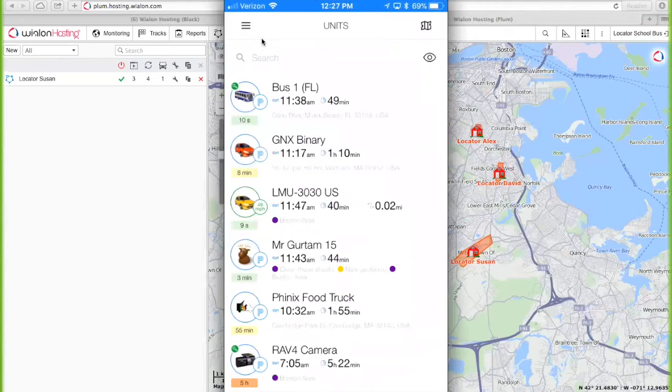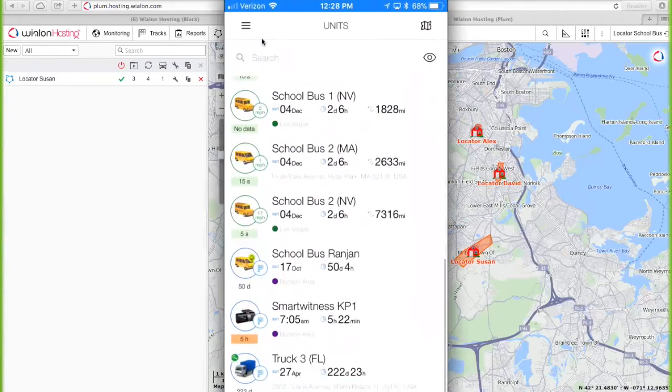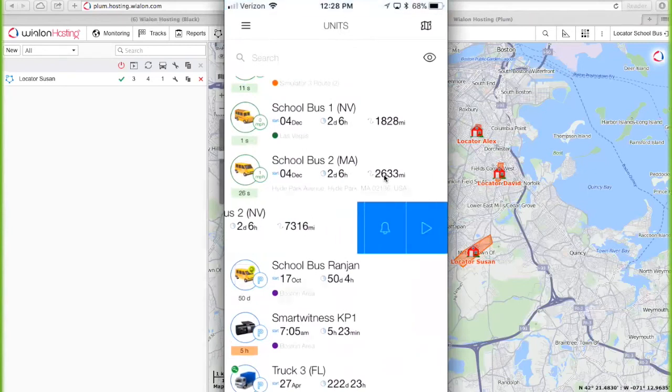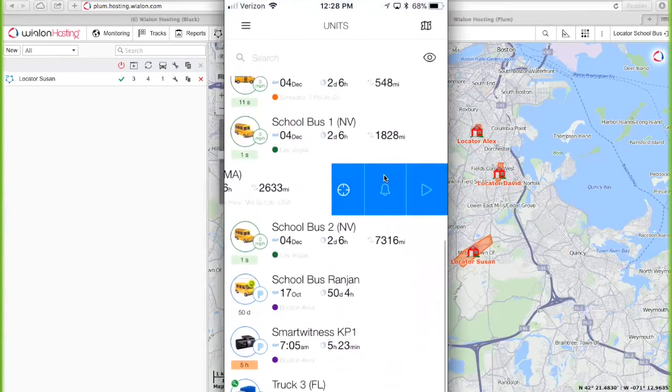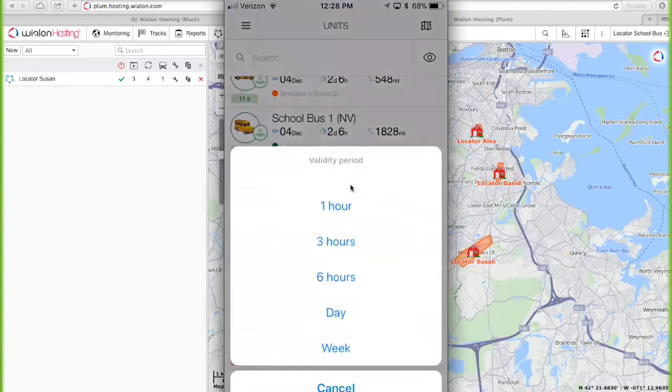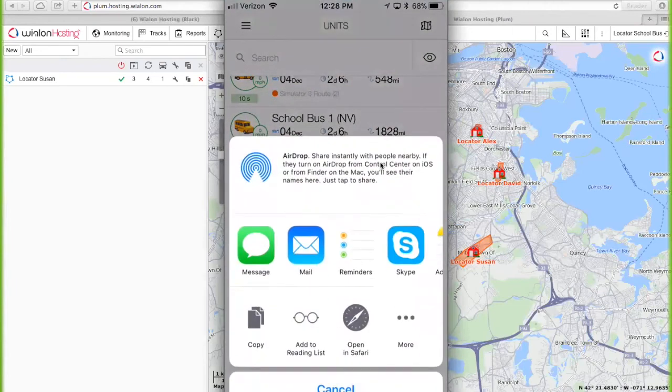Okay. And the first thing I see is the units mode, where I can see all the units that I have access to. Okay. And here I select one of the units that I want to share with someone. For example, school bus to MA. Then I swipe left. Oh, this one. Okay, swipe left. And click on the target button. And then here's the validity period menu, where I decide to share the location of this unit with someone just for 1 hour. Okay, so I clicked on 1 hour, and then I decide to